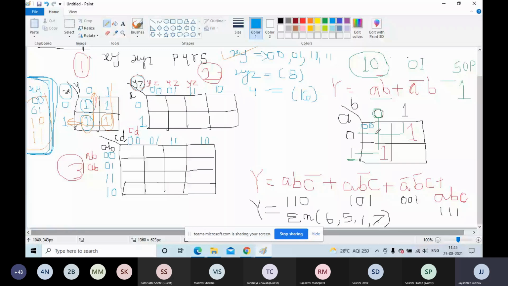Now next value of A is 0 and the value of B is 1. So 0 1 means decimal is, 0 1 means 1. Correct. 1. So this is 1. Otherwise I will draw here. Just give me 1 minute. 0 1 0 1. Yes, here the value of both is 0 0, meaning decimal number is 0. Here 0 1. So 0 1 means decimal is 1. 1. Here it is 1 0, meaning decimal is 2. Very good. And here what is it, 1 1, meaning decimal is 3.